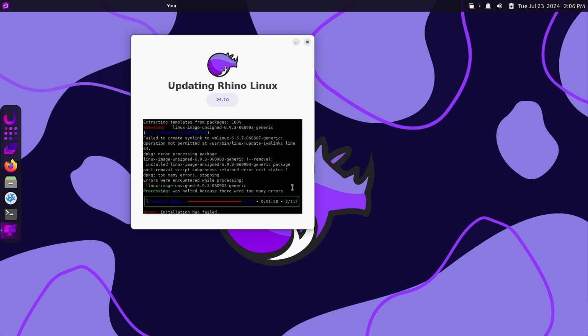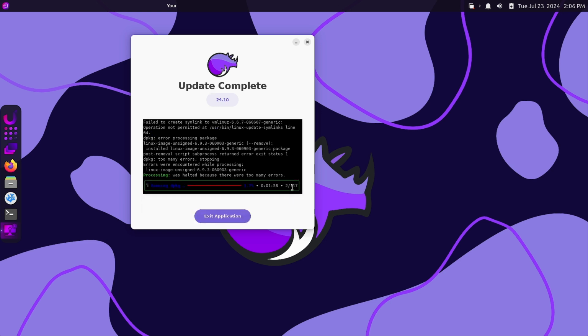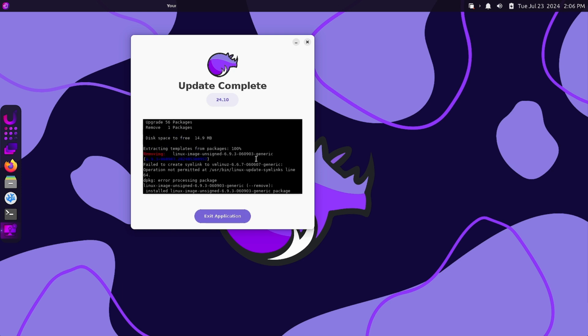will be more appealing to the users, because there are many good things they are trying to do, but since it is based on the development release of Ubuntu, there are some issues during the upgrade, installation of packages, installation of the different support, like the Flatpak support, AppImage support, command line interface for GitHub and other things. So I think you can see here it is showing the processing was halted because there were too many errors. So every time this happens,